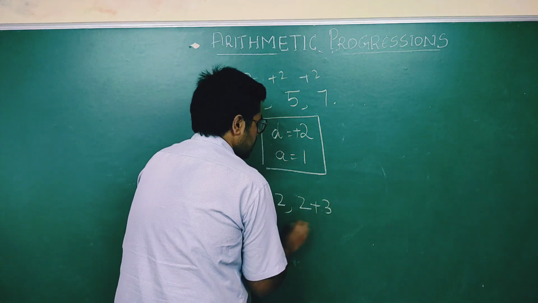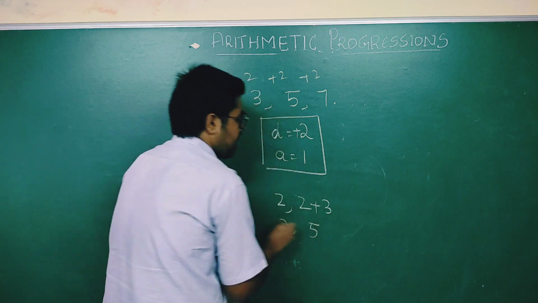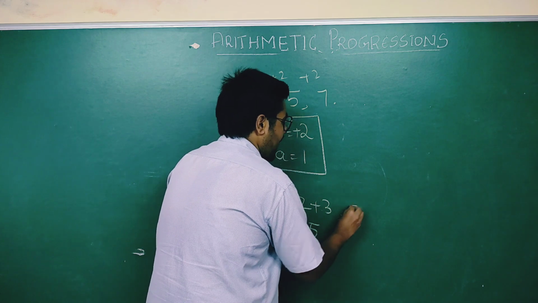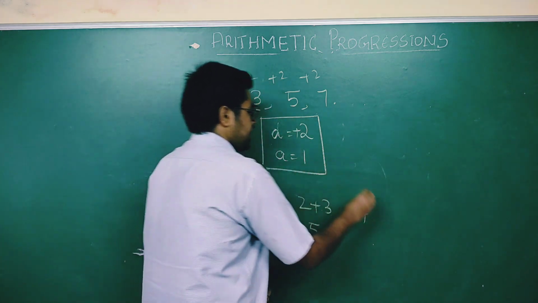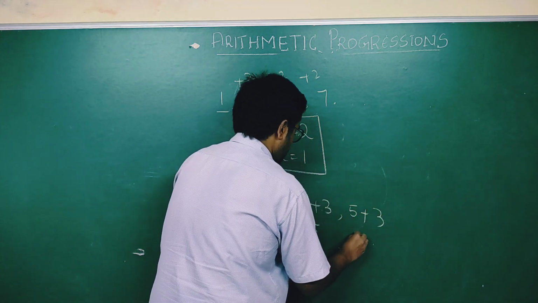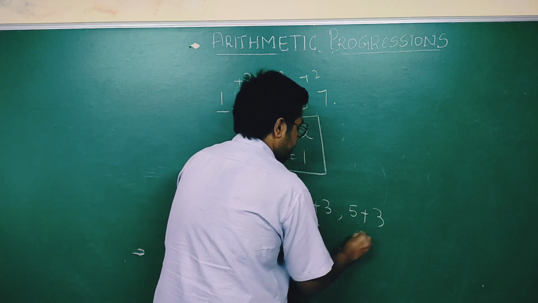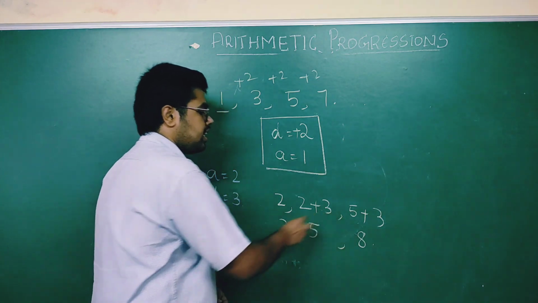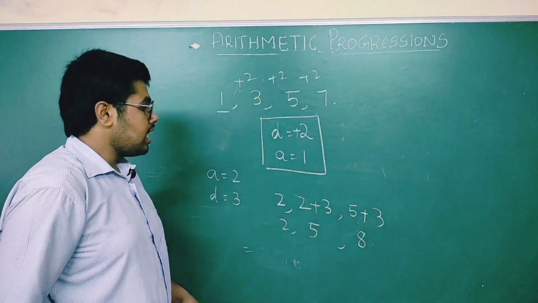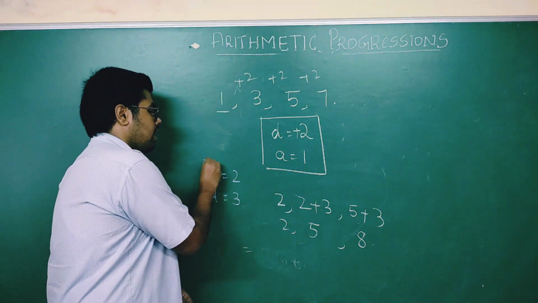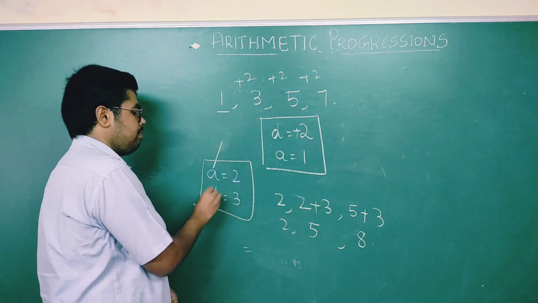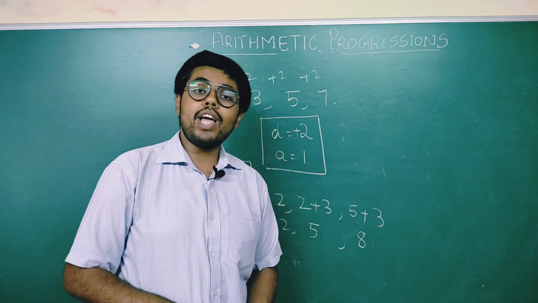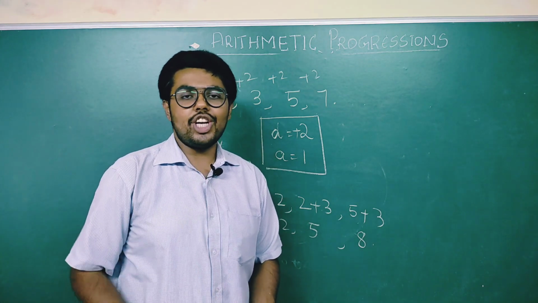So it becomes 5, correct. Next term, how do you get the next term? You add 5 to the common difference 3. So this becomes again how much? It becomes 8. See, this is the common difference. I found an AP. The common difference is 3 increase, okay. So anybody who gives us the first term and the common difference d, we can find the series by ourselves, okay. This is the thing you need to remember.